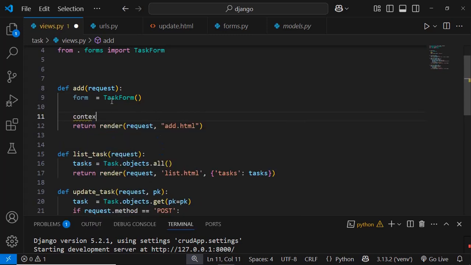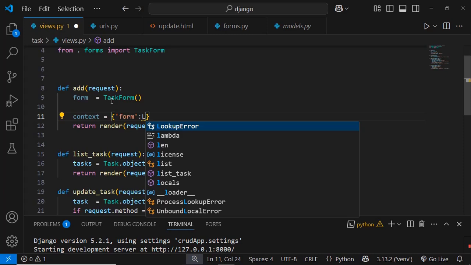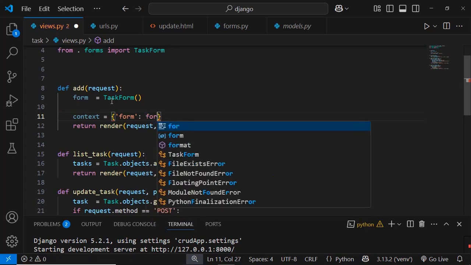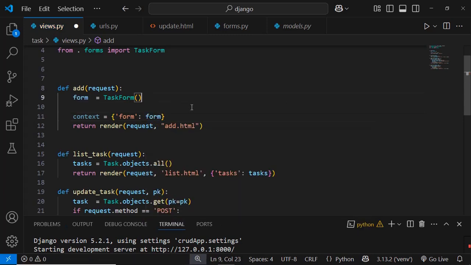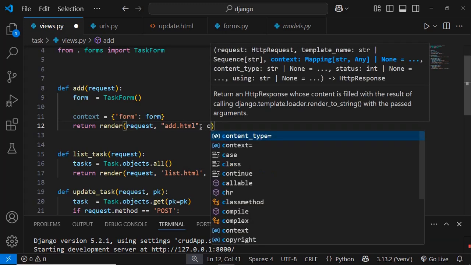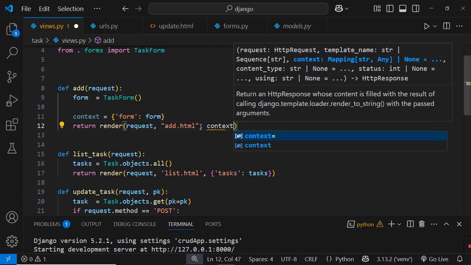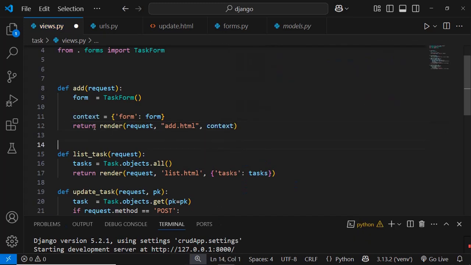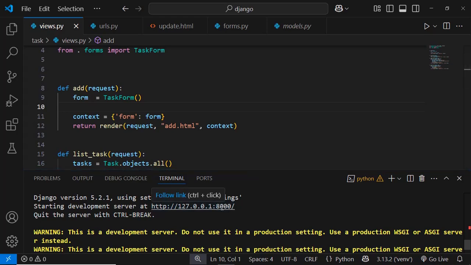Let's just say context, and put inside it form as our variable name and form as our actual data which we are passing. And after that, we are going to pass our context here. We have just put a variable so that this can become cleaner, rather than just passing a dictionary directly here. So if we save this and go back into our browser